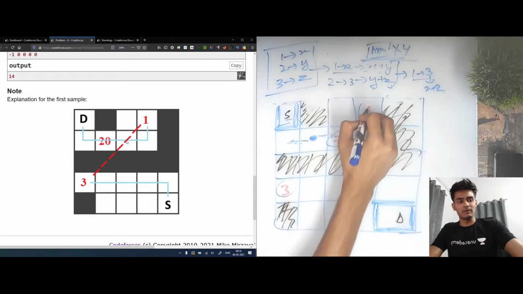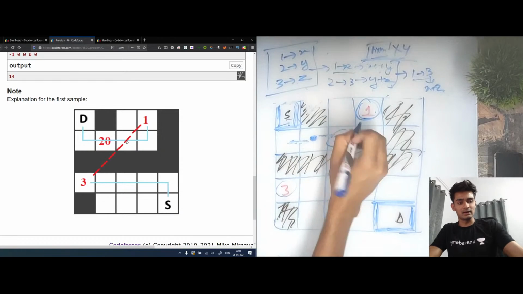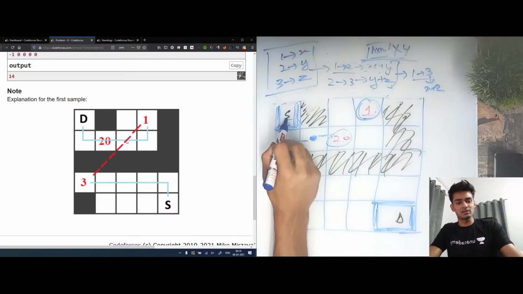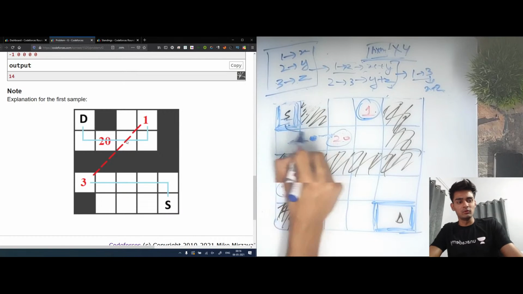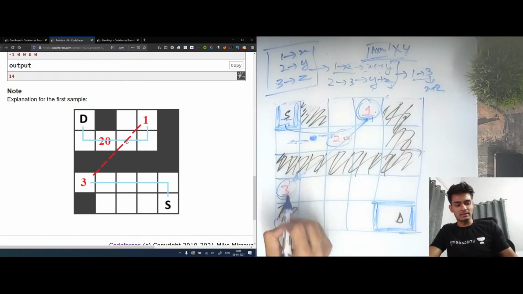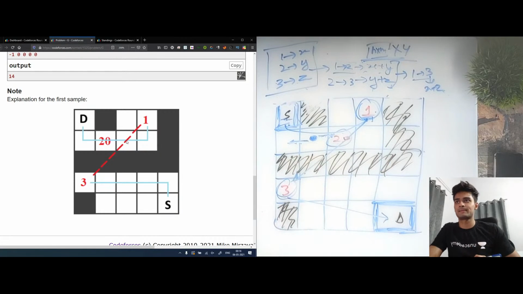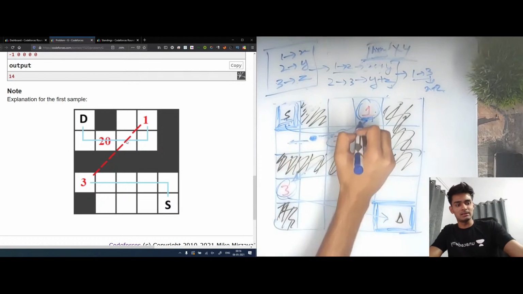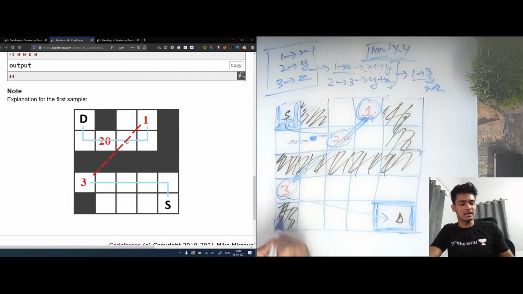One tunnel will be the one in which we go from the start, and the other tunnel will be the other one. In this example also, what we are able to see is that we started from this index, moved to this tunnel, and then from this tunnel we came into this tunnel, and then from this tunnel we went to D. So basically there are 3 paths. One path is from start to this tunnel, the other path is the path of this tunnel, and the last path is from this tunnel to the destination.